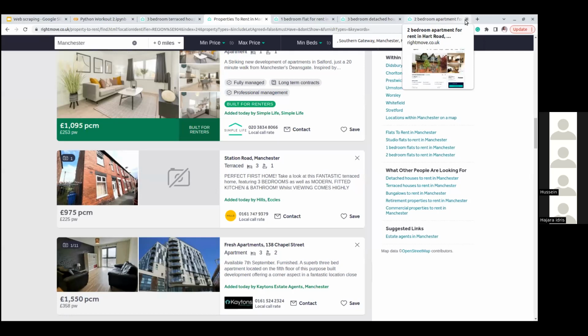I don't know if you joined at the beginning, but I explained that it's not only Beautiful Soup you can use to scrape data, you can use Selenium. Selenium, I mentioned that earlier, acts like you are the one going to the website. So in the Selenium script, you put it there that when it sees see more, you should continue to click see more and scrape the data until it doesn't see see more again.